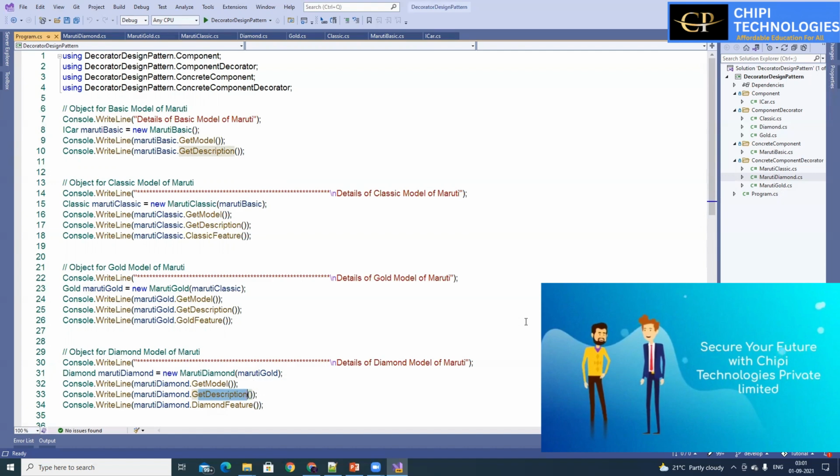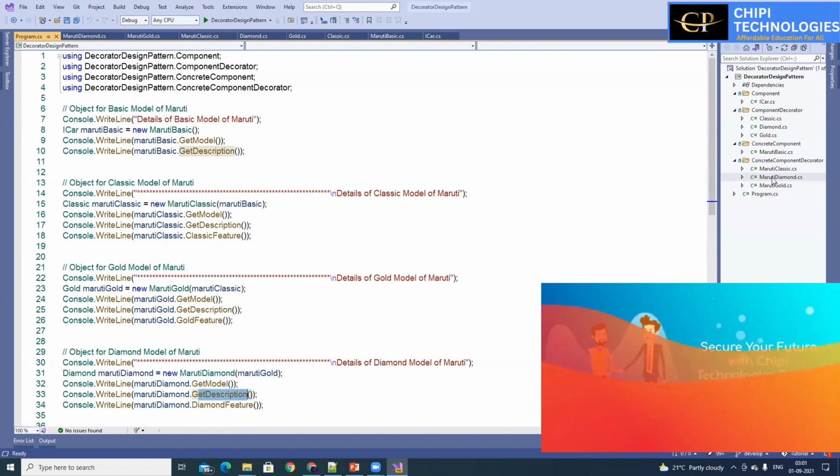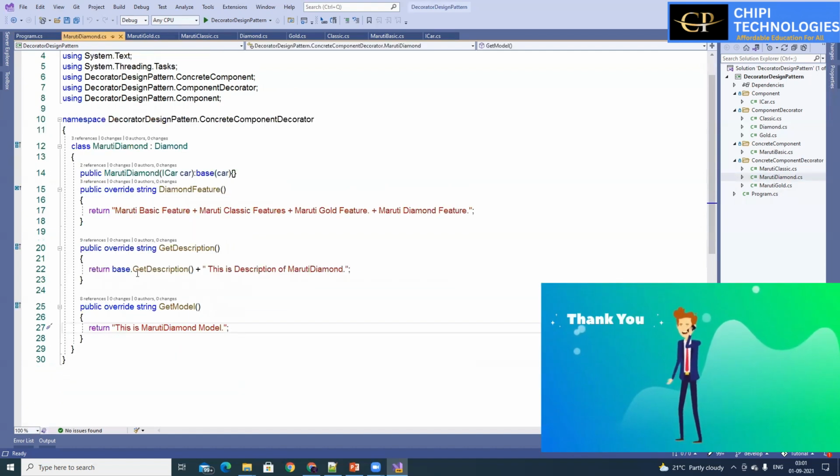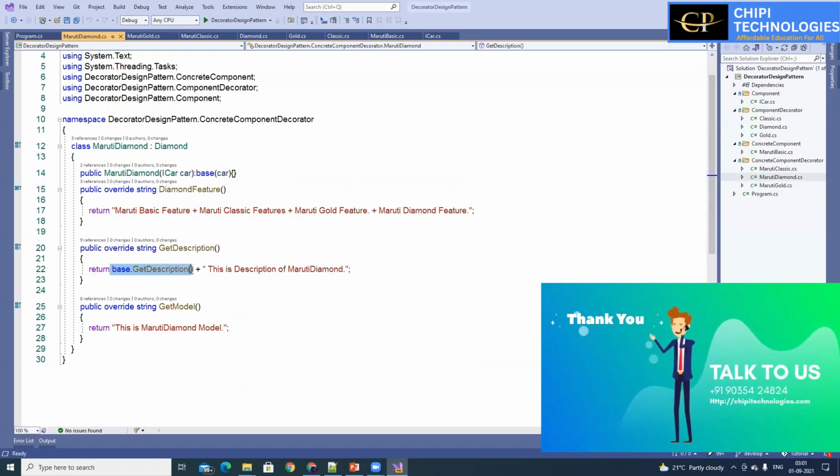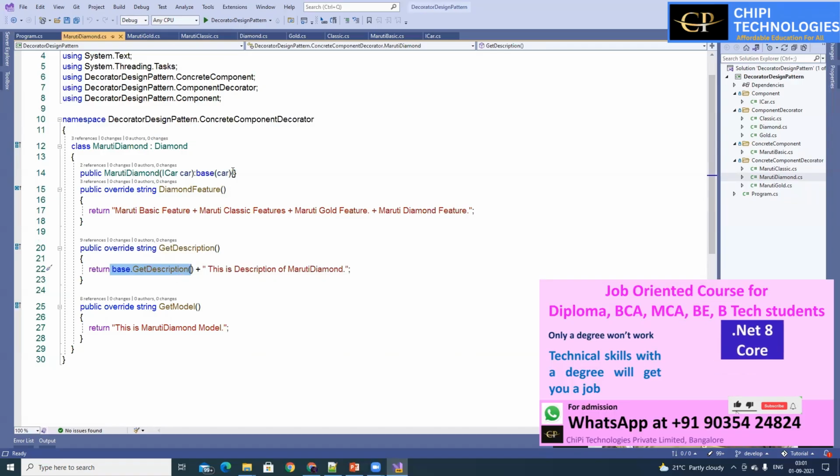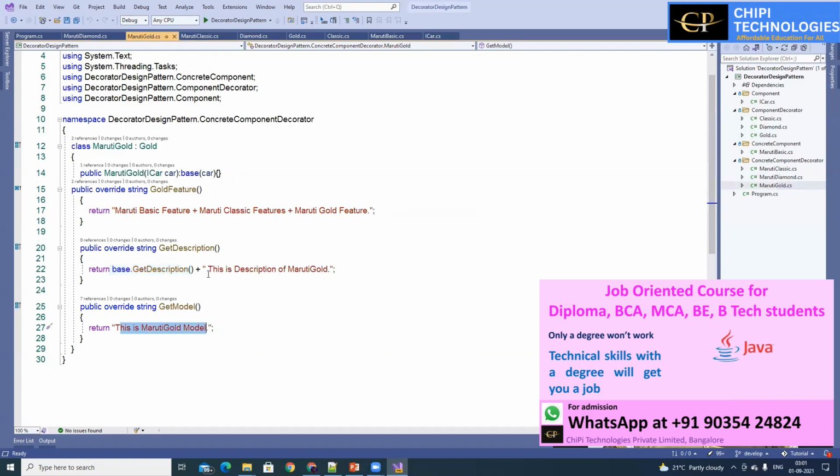right? So what I am telling in Maruti diamond is get me the base of get description. So if I'm passing gold, right? So it will be calling the get description of gold, right? And if you go to gold, right? Gold, this gold of Maruti, right? Get description. There also I'm saying base of get description. And when I have called get description, and if you see this